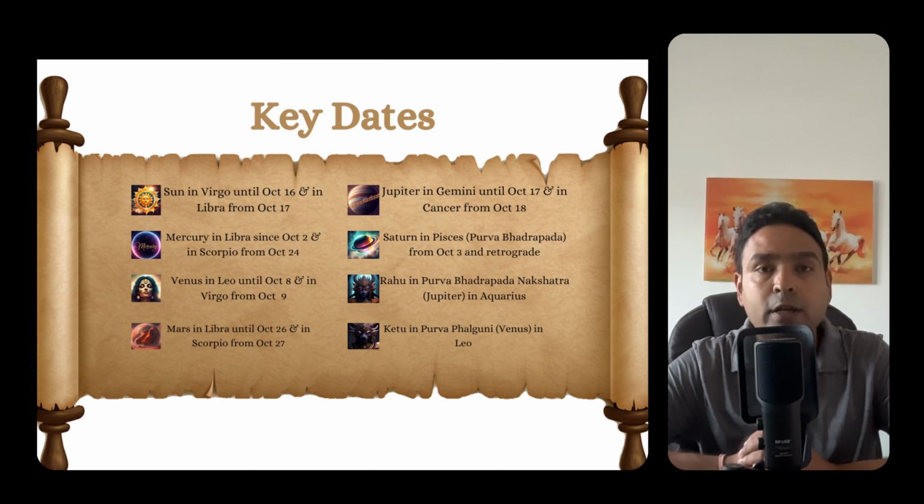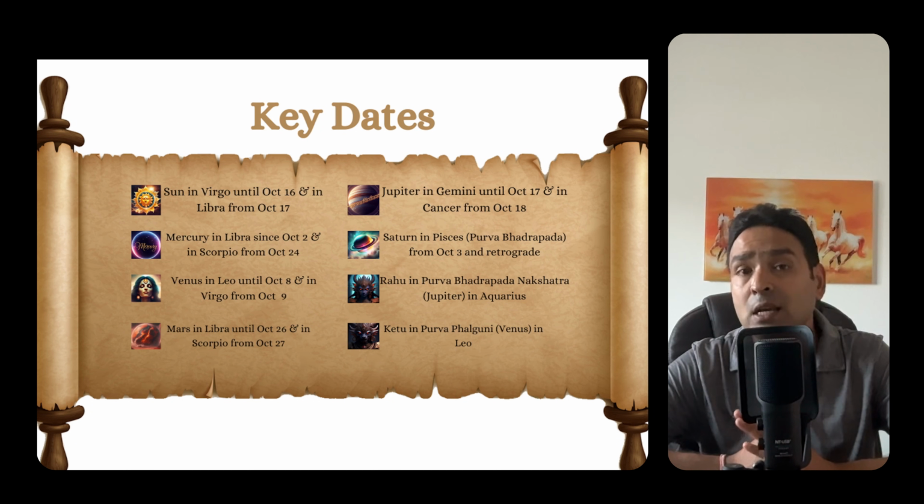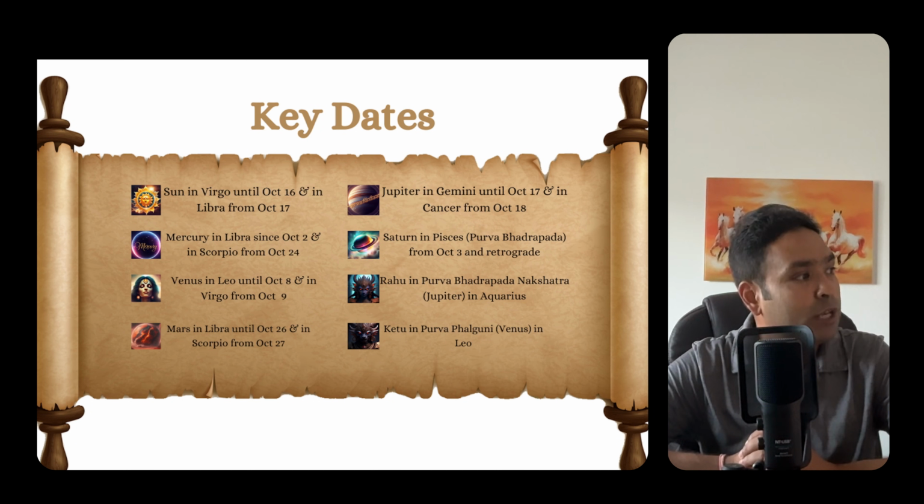Then you have Jupiter in the sign of Gemini until October 17th. And then comes the big change where Jupiter moves into its sign of exaltation from October 18th onwards. So you see, Sun is coming into its debilitation, Venus is coming into its debilitation, Mars, on the other hand, is coming to its own sign whilst Jupiter is coming into exaltation. So, pretty important movements as we can see through the course of this month,